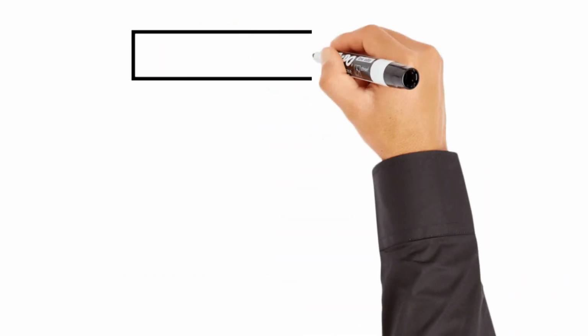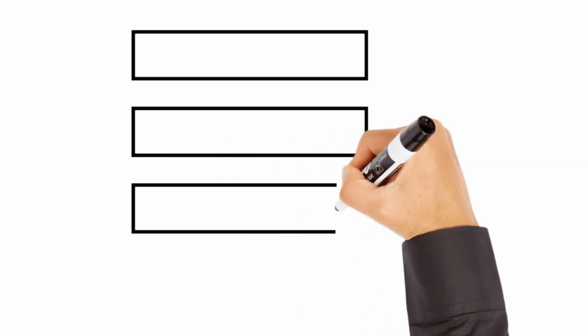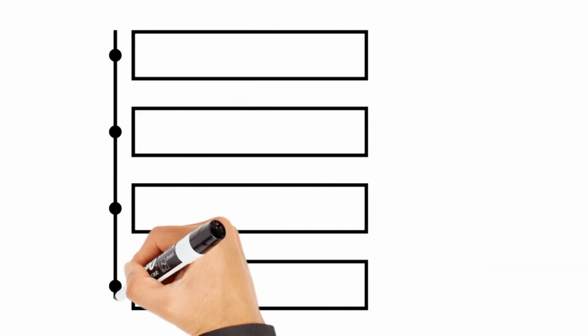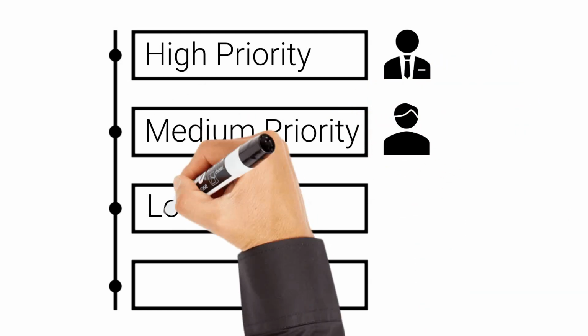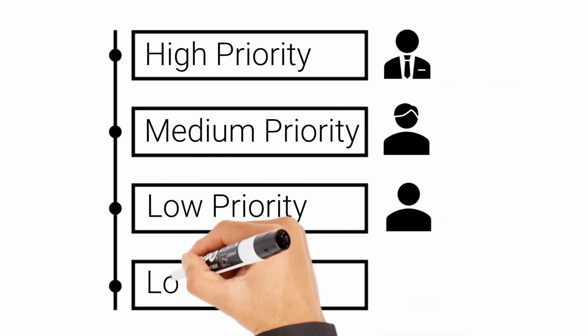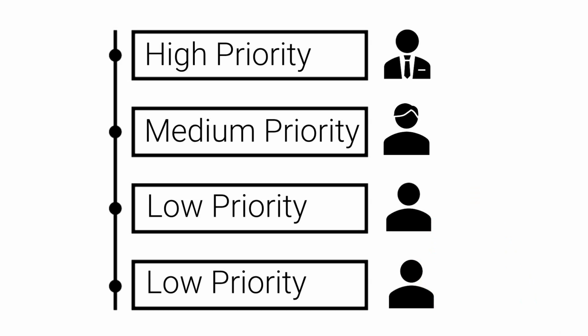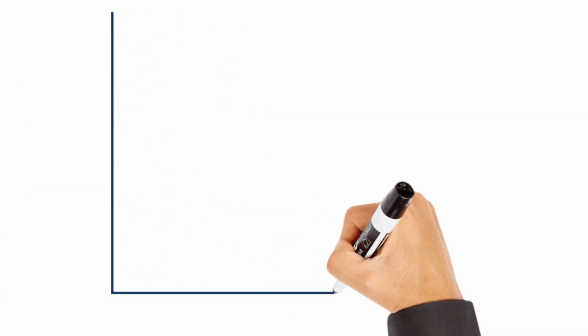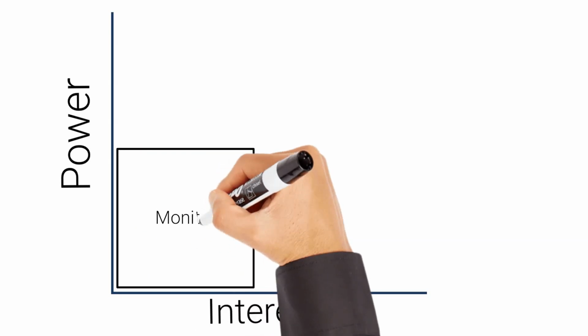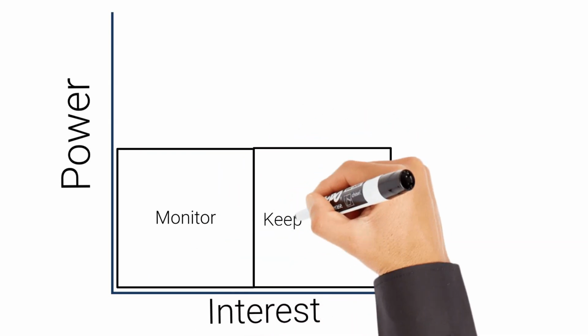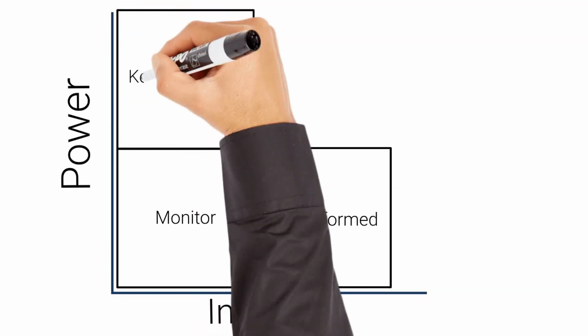The second step is to assign the order of priority to the list of stakeholders. Once you have a list of stakeholders, you can organize them according to their priority level. Typically, the top priority stakeholders are the ones who have special interests in your project or a higher level of influence than others. You can organize your list of stakeholders by using a technique like a stakeholder power interest grid,